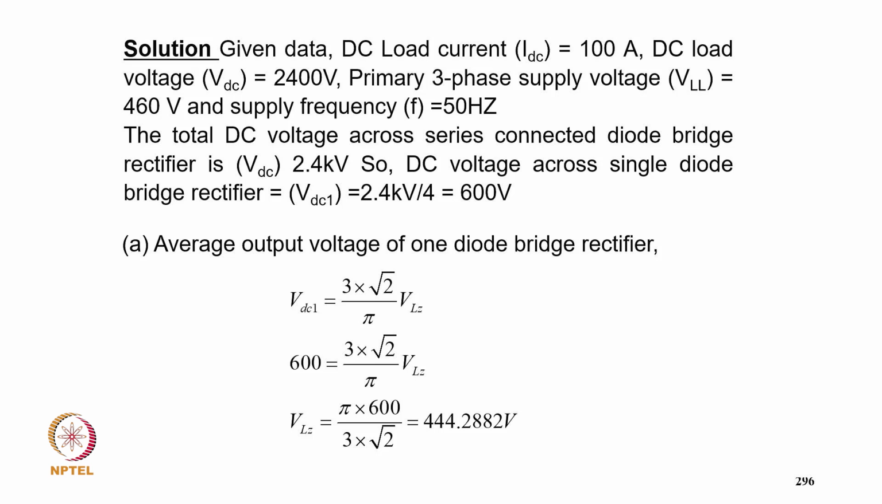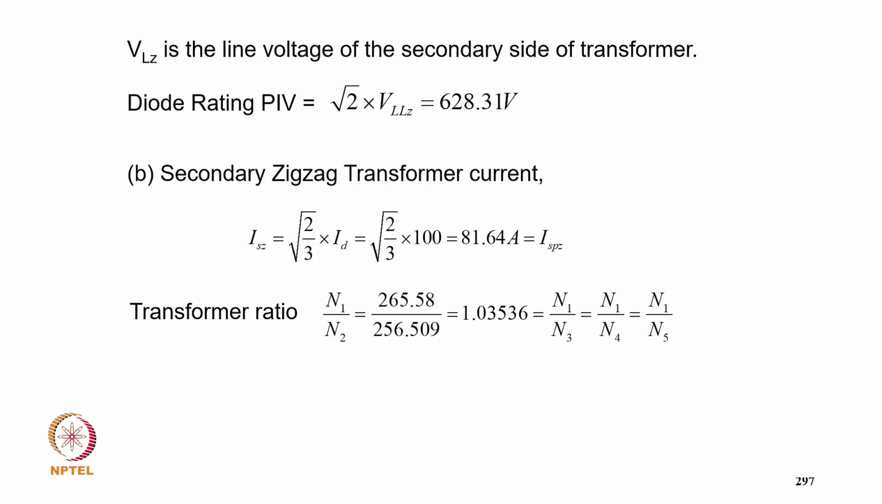So the DC voltage across the diode bridge is 2.4 divided by 4, 600 volt, and the average output voltage of one diode bridge rectifier is VDC1 equal to 3 into root 2 upon pi VLZ, and putting in the value, VLZ comes to 444.2882 volt. So VLZ is a line voltage, so the diode rating is root 2 VLZ, 628.31,